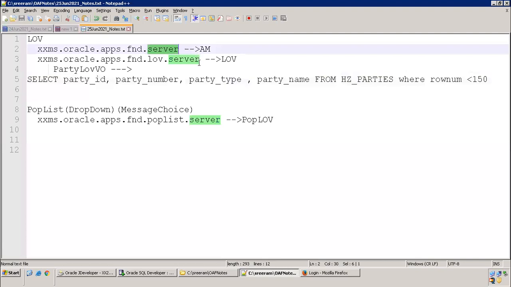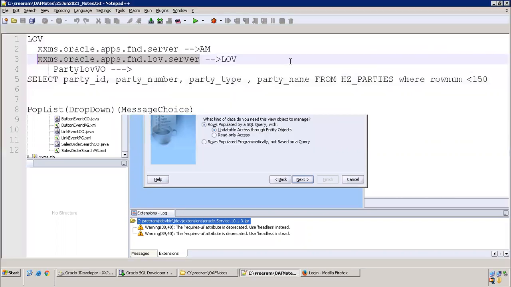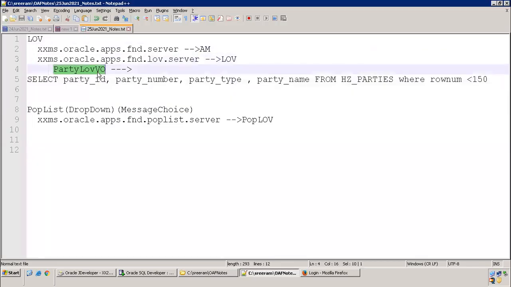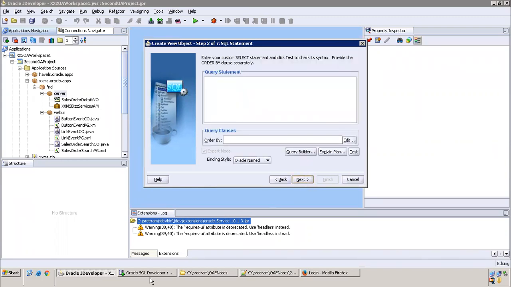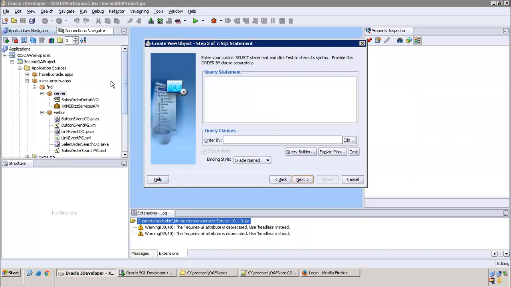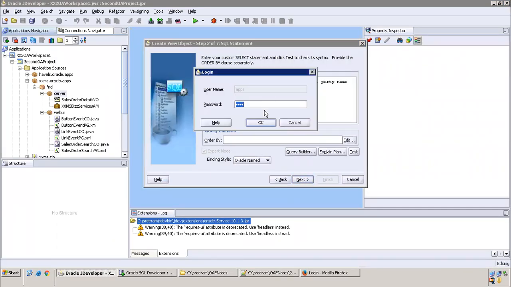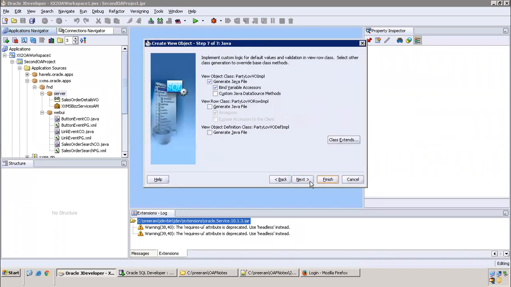Obviously it is different, so we need to copy this package structure fnd.lov.server, and now mention the VO name. This VO is a read only VO. Select that, click on next. Now mention the query. This is the query we have written for this. Paste it, next, nothing to change, just go with next until finish appears.